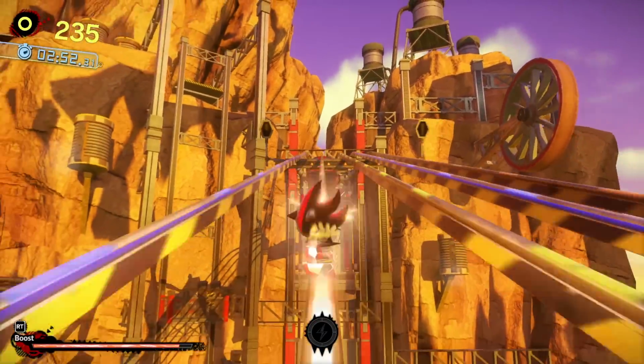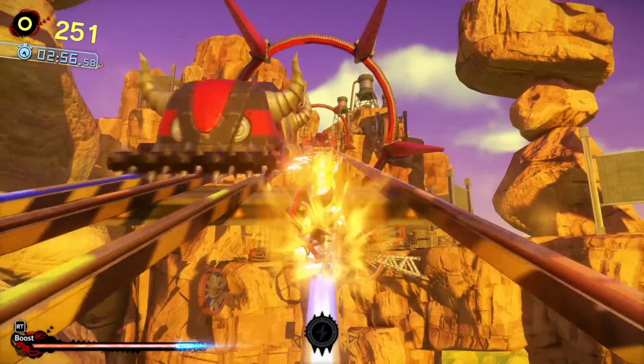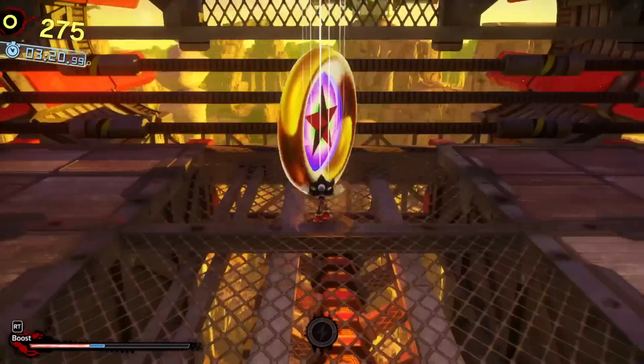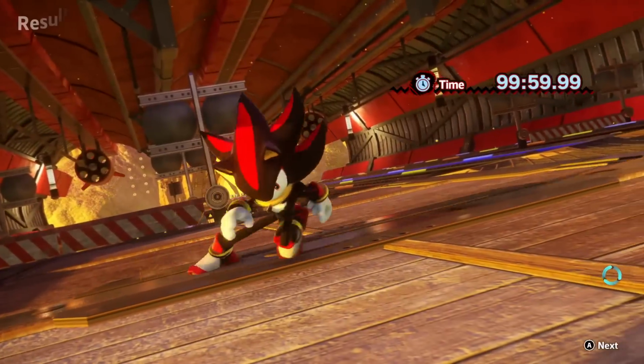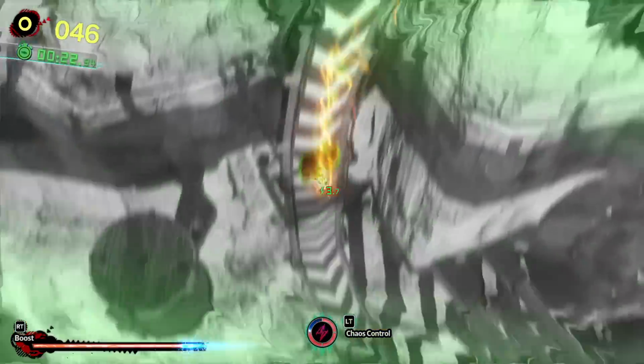Returning to Rail Canyon, we have a cool chase sequence with the trains. It's nothing special, but it's a cool surprise for the first time. Overall, it was a really good level. Yes, the rails are still a bit uninteresting, but again, what you do around them is what makes it a really good level. Act 2 spices things up by having these circular rails that you have to spin around on